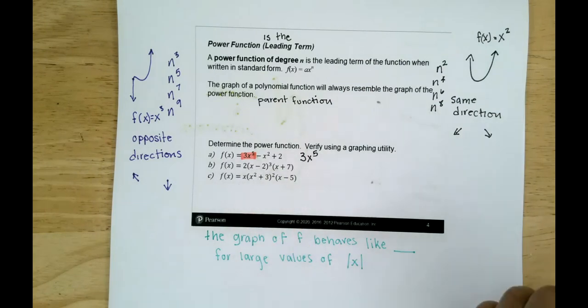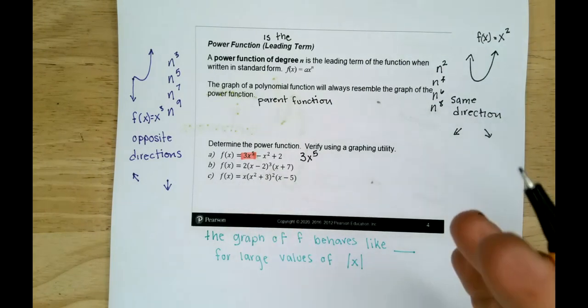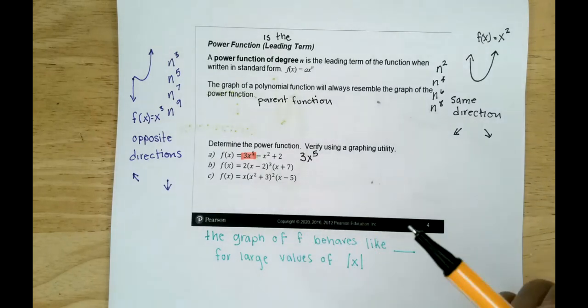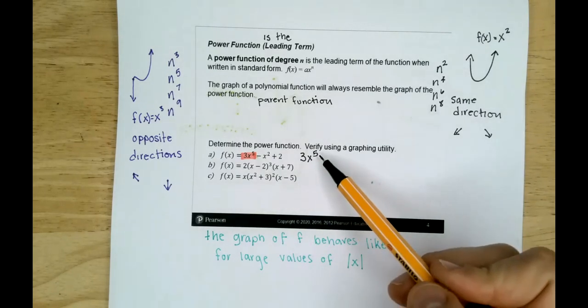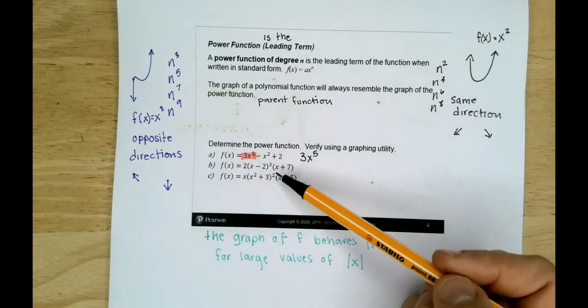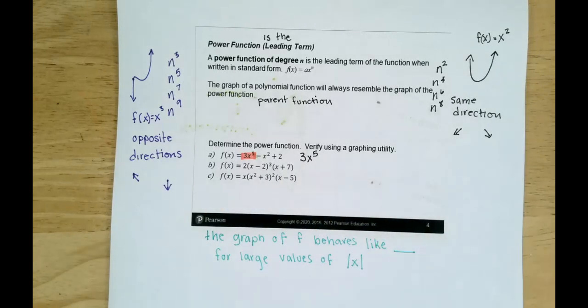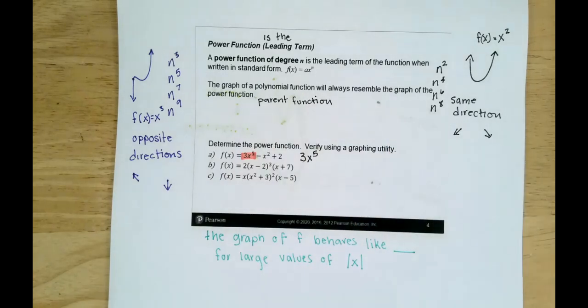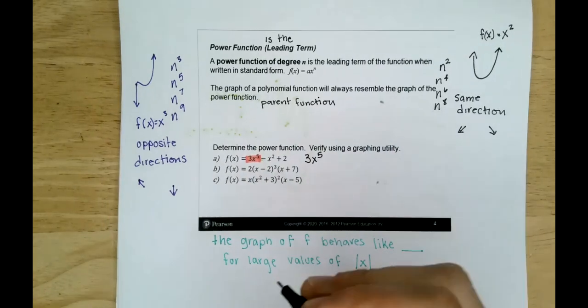That's already in standard form. It's easy to identify the leading term in standard form, right? We can see that it's 3x to the fifth, that the 5 is odd. However, these two are not quite in standard form. You are welcome to multiply them all out completely, or